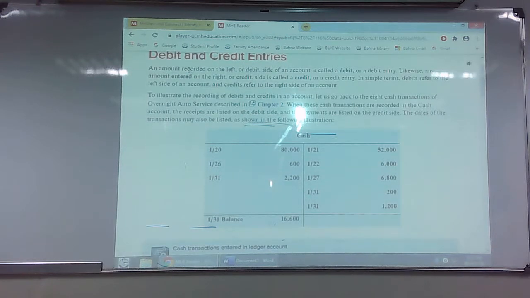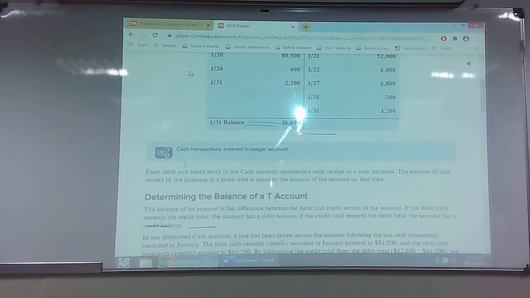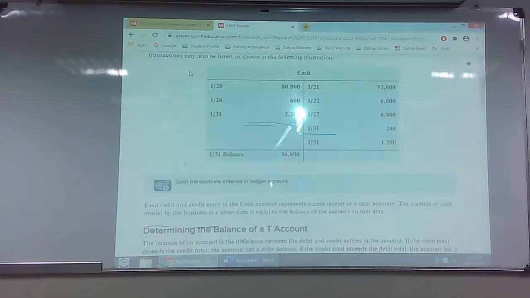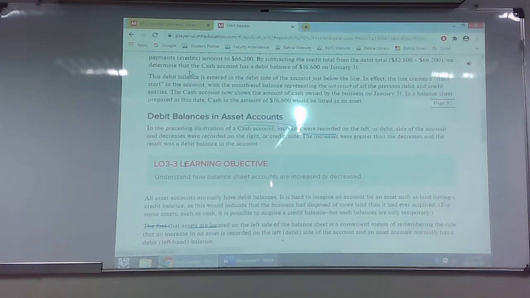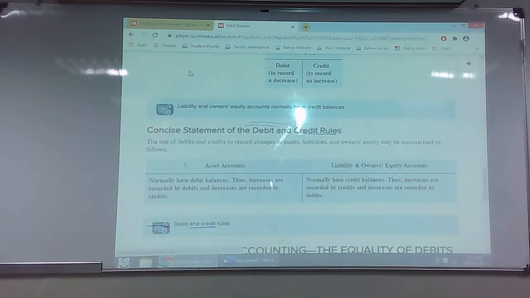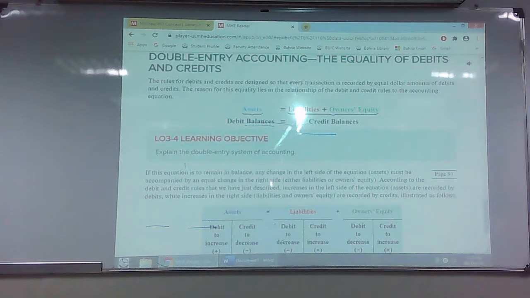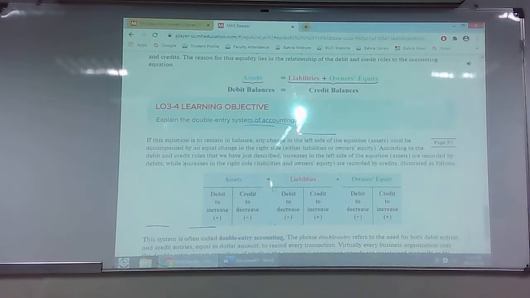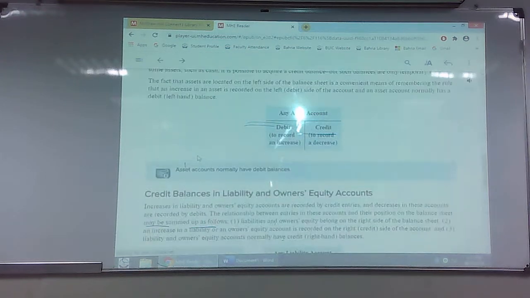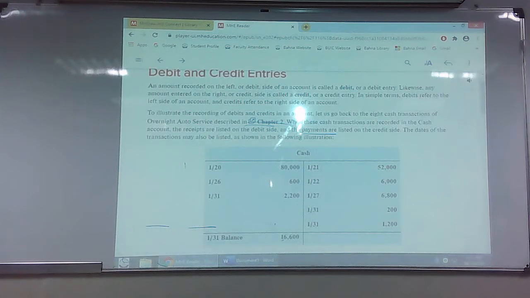Now if you look at this, these are debit and credit entries. I've already discussed the debit and credit balances. I would just like to go with some detail. We've done the accounting equation. We have done the direction. You are to read this. Okay? And what we have done here, I'm just going to be explaining a bit later.